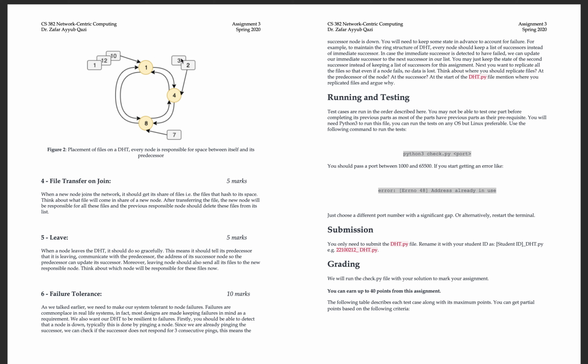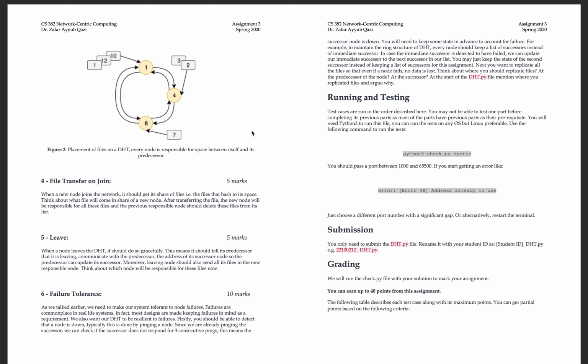That's up to you, and there are trade-offs in either case, so you need to figure out which is the less costly operation. That detail is left up to you, so you need to argue at the start of your dht.py file what strategy you used and why.